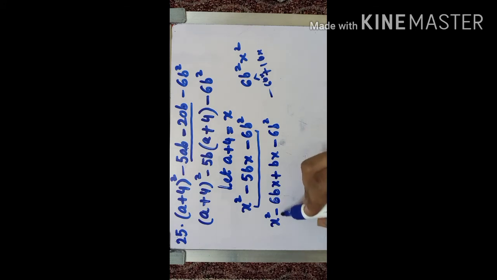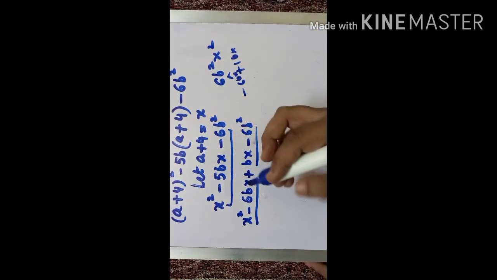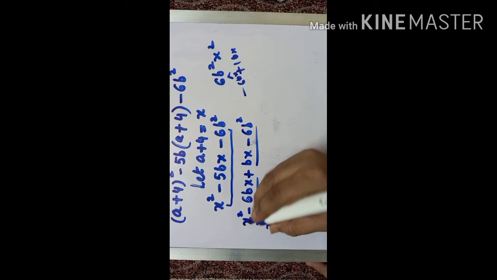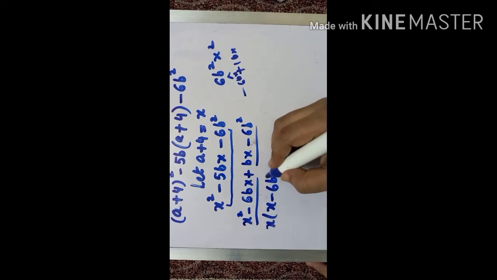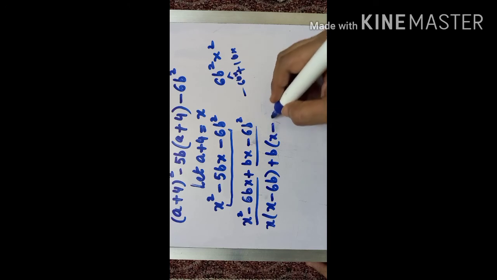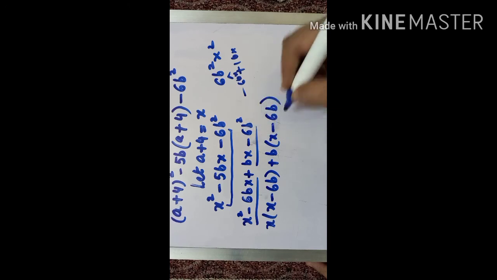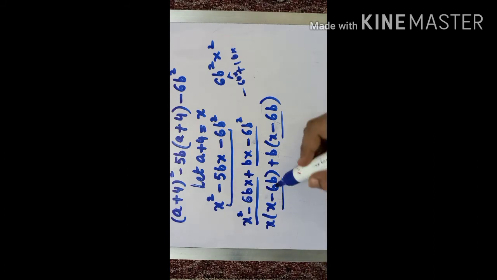Now from these two terms, something is common. Now x you can take, x is remaining, minus 6b, this x already taken, then plus b you can take, b and b square is there, b you can take, then x minus here 6 and b. Okay, so here x minus 6b, x minus 6b is common,